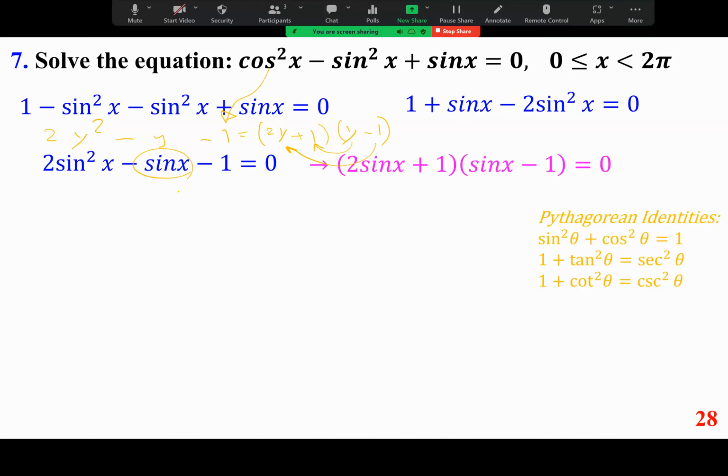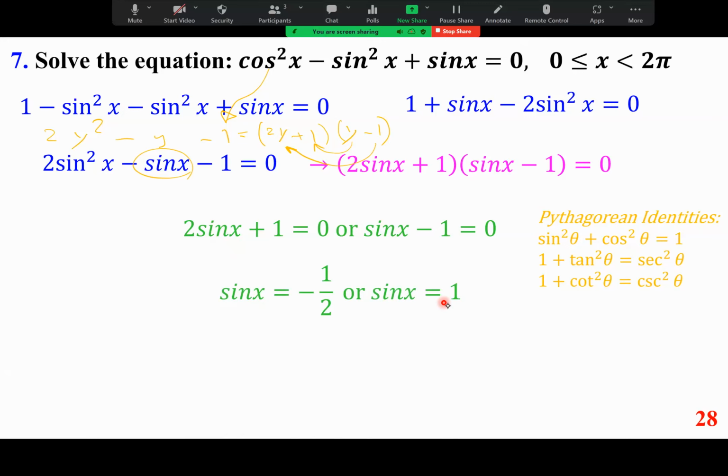So 2 sine x plus 1 times sine x minus 1. You set this one equal to 0. You set this one equal to 0. So this one gives you negative 1/2, and this one gives you positive 1. Now, if it were 1/2,